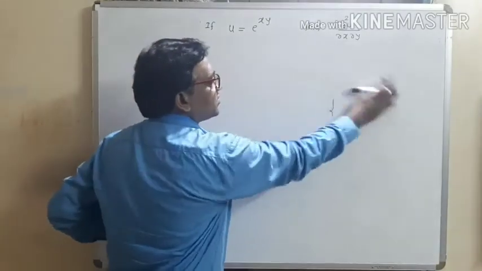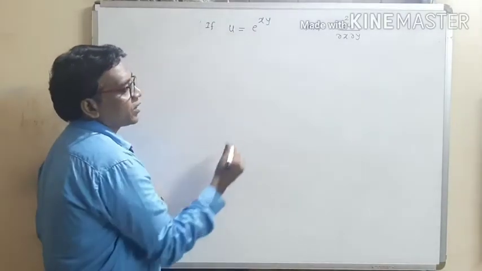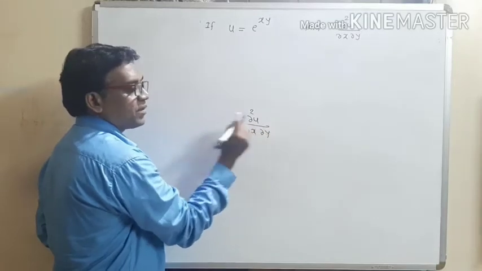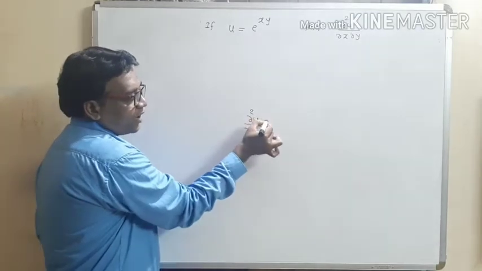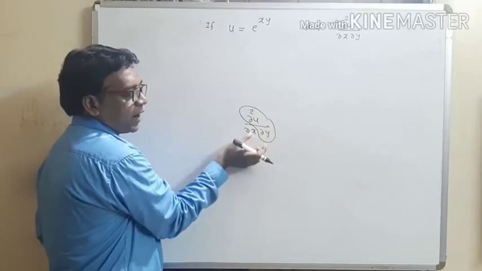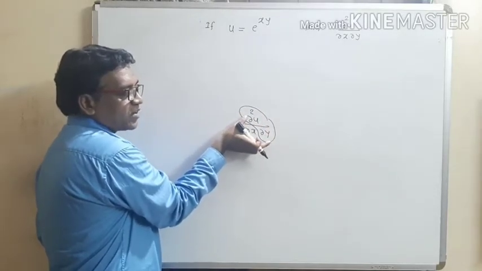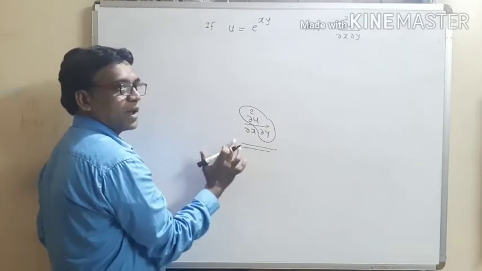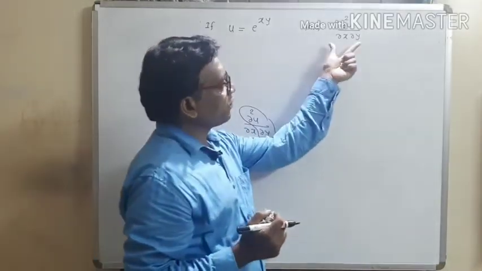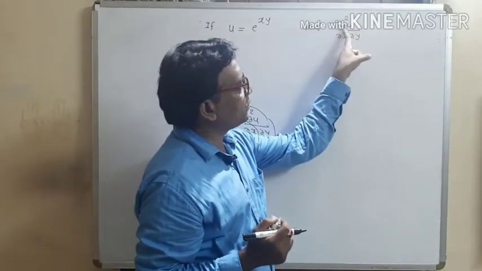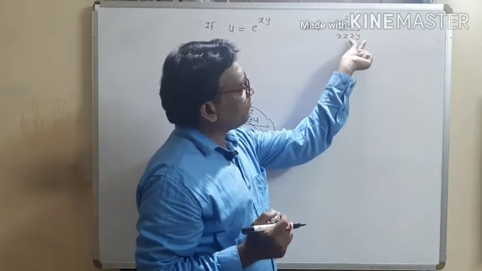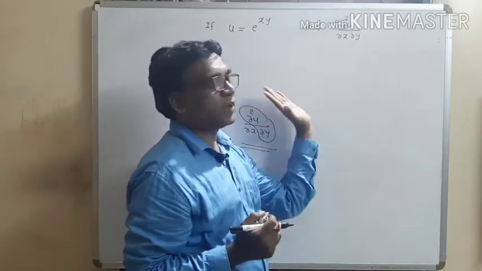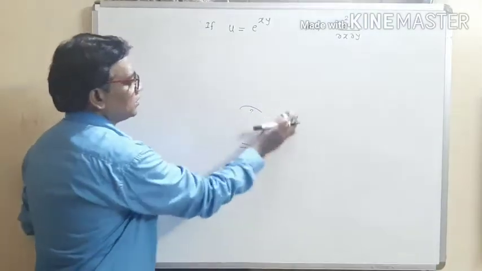So see how to find this second order partial derivative. We have to find this term ∂²u/∂x∂y. Now first of all, find the partial derivative ∂u/∂y and take its partial derivative with respect to x, which means we get ∂²u/∂x∂y. How to find this derivative? First of all, find the partial derivative ∂u/∂y. Differentiate this term partially with respect to x, we get this total term ∂²u/∂x∂y. So write down the solution.